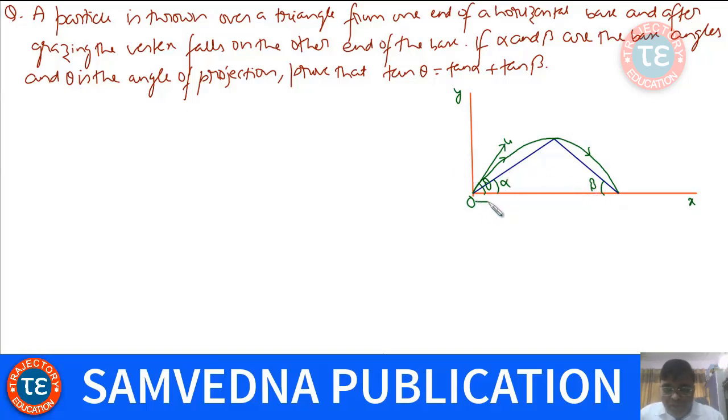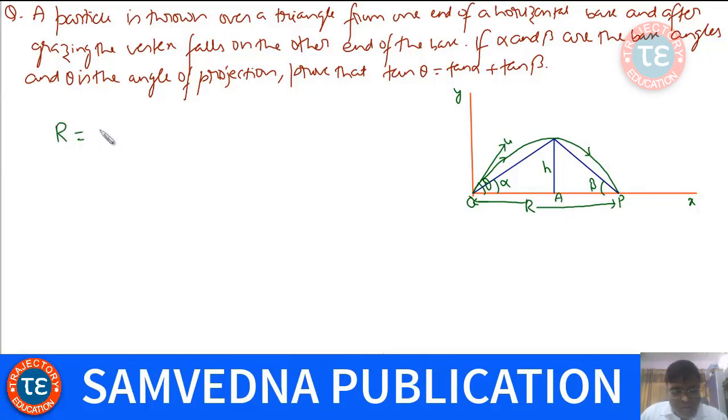So suppose R is the range of projectile, and the height of this triangle, suppose this is h. So if this is O, this is P, and suppose this is A, so the range will be